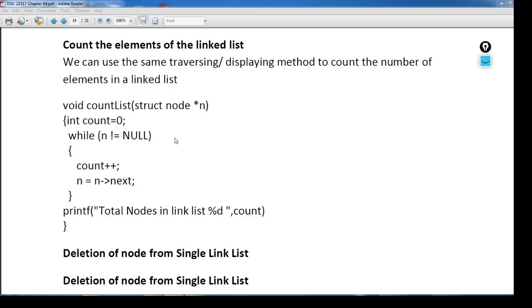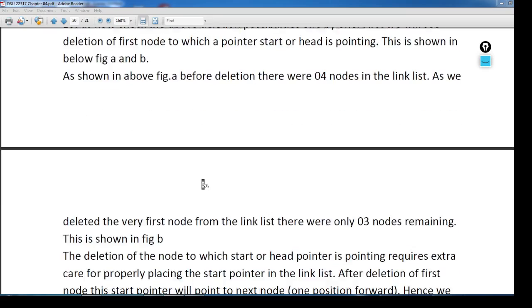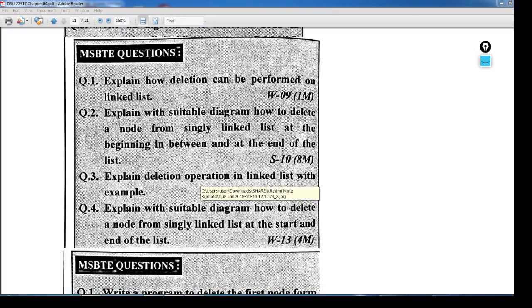So before watching the next video, please cover all of the previous videos so that it will be very easy to understand the concepts, right? So here your chapter ends. So ठीक है, we will see a practical video. Practically we will see how to write a program. For that we will have a practical video, and after that what we will do, we will start the last chapter, that is tree and graph.